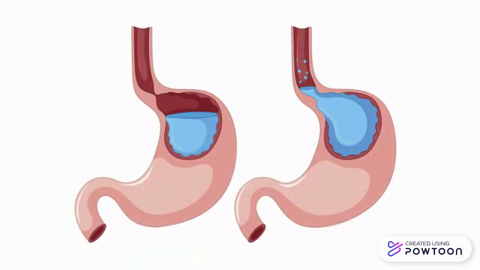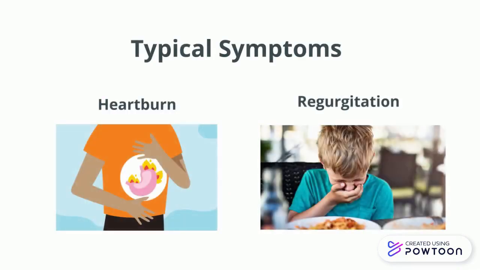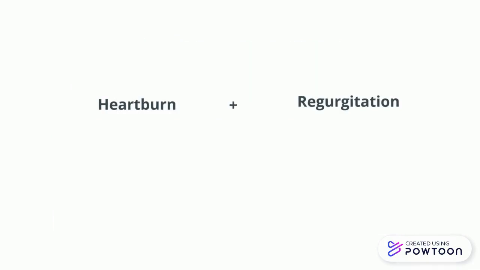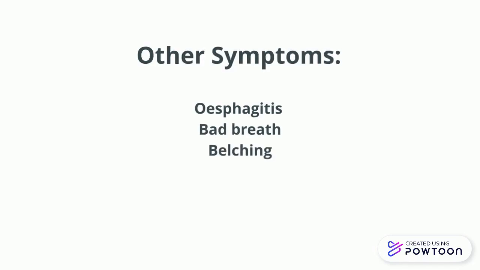Simply put, GORD is a common condition whereby the acidic contents of the stomach leak back into the esophagus. The most typical and closely associated symptoms of GORD are heartburn and regurgitation. While most individuals experience such events occasionally, it is only typically considered GORD when this occurs more than twice a week. Other frequent symptoms include esophagitis, or an inflamed esophagus, bad breath, belching, bloating, general feelings of queasiness, and pain